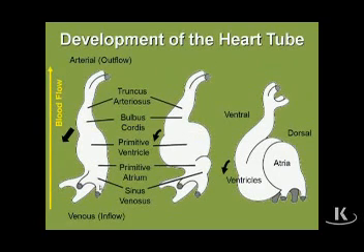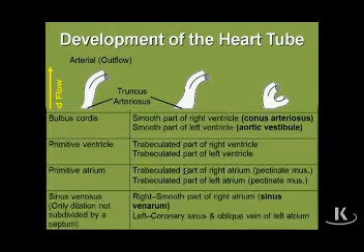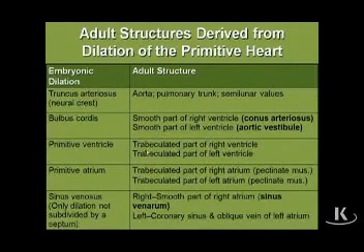And when we take this smooth-walled sinus venosus and incorporate it into the rough-walled primitive atrium, we'll have a larger atrium, some of which is rough-walled, some of which is smooth-walled. So when we look at the interior of the adult heart, as is indicated on this chart, what we can see here is that the rough-walled, the trabeculated parts of the right and left atria are the parts that came from the primitive atrium. The trabeculated or rough-walled parts of the ventricles, right and left, is what came from the